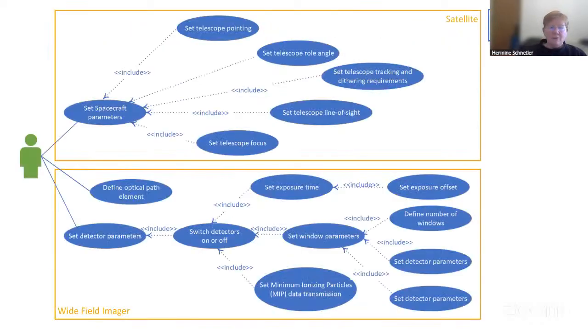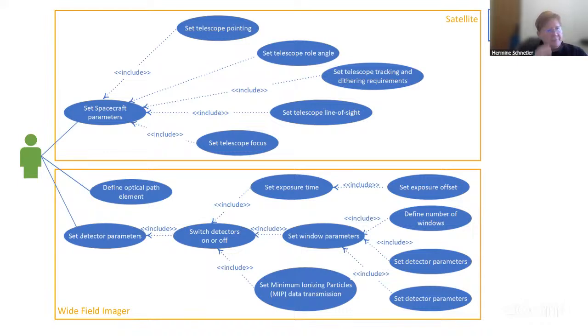Now, again, after a long struggle, I got this use case example just to set up the observation from the project scientist. And again, you can see set up spacecraft parameters, that is to make sure we have the line of sight in the correct direction for the objects they want to observe. And then you can also see that there are a lot of things in terms of the instrument that need to be set up.